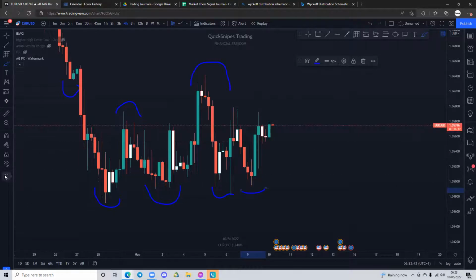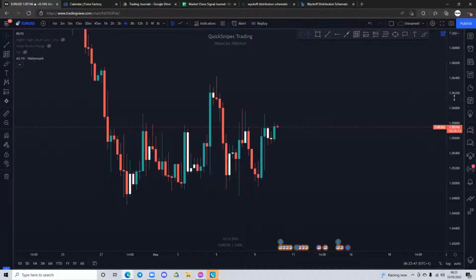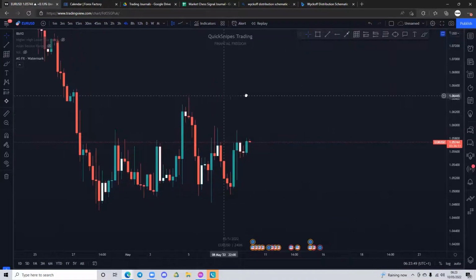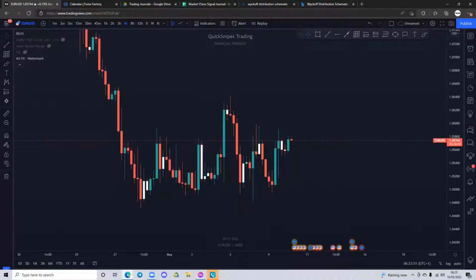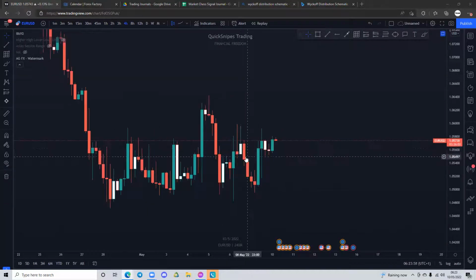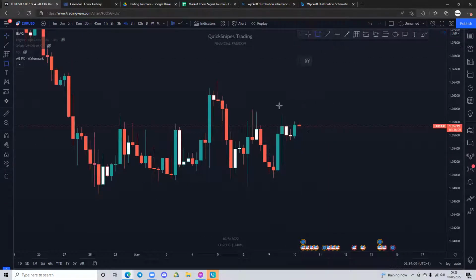So we've got to really be careful of that. We don't want to rush into any trades yet. We want to really analyze the charts step by step. So as you can see, we're on the 4-hour. What we can see is this wick created some